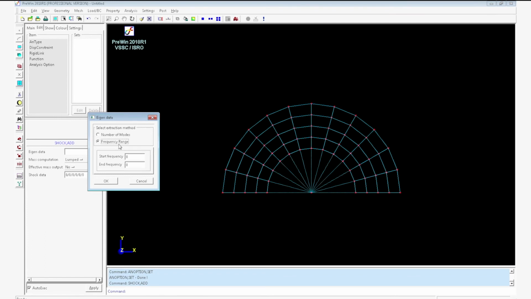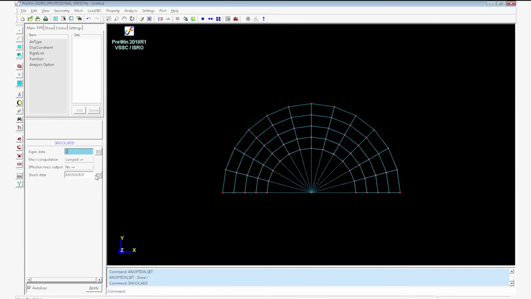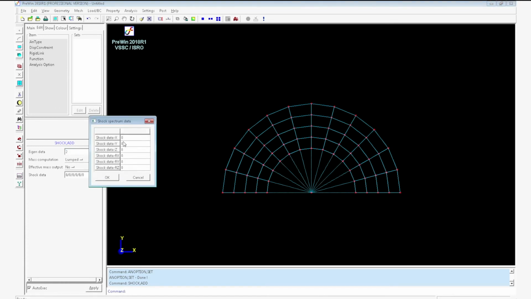Either number of modes or frequency range can be selected. Select number of modes and enter the eigendata as 2. Go to shock data. Enter F1, which is the table we have defined already, in shock data X direction. Shock will be applied in X direction. Click Apply.